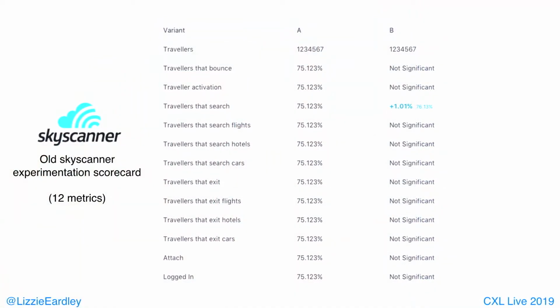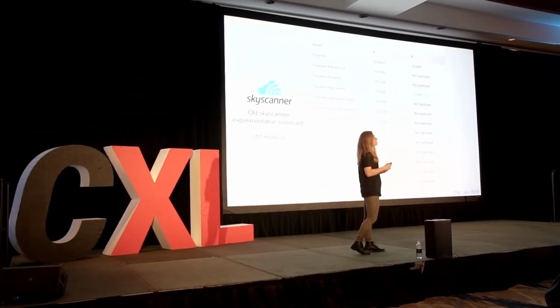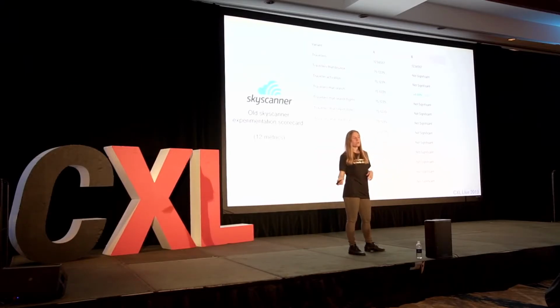But as I said, this is a really tricky one. So this is a problem we had at Skyscanner. This is an example of our old version of our experimentation scorecard. So for every single experiment we ran through the platform at Skyscanner, we would compute these 12 top business level metrics. And we compute them because we need to know if we had some unintended impacts or how our changes